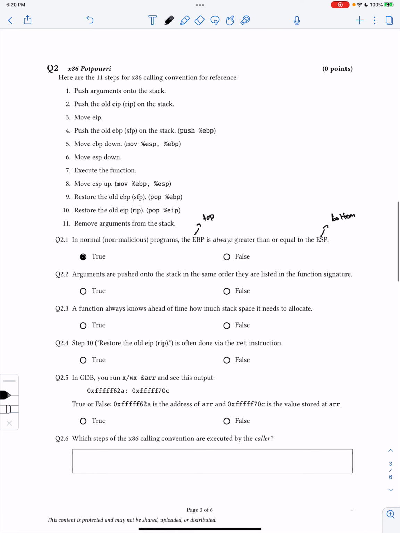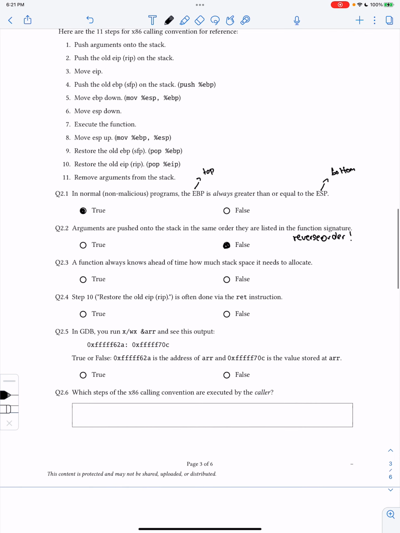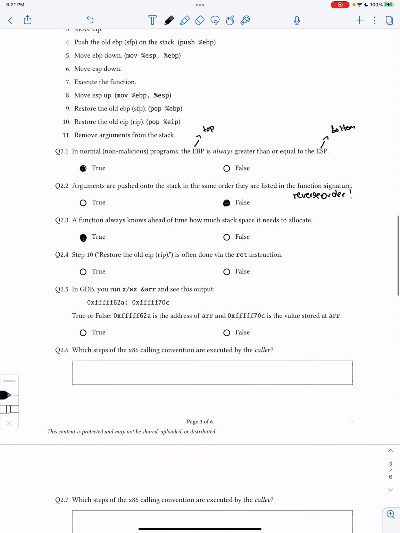Now, arguments are pushed onto the stack in the same order as they are listed in the function signature. No, that's false. It's in reverse order. And that's just how the calling convention states it to be. It's just a fact you have to accept. Next, a function always knows ahead of time how much stack space it needs to allocate. So this is true. This is done when the function gets compiled,